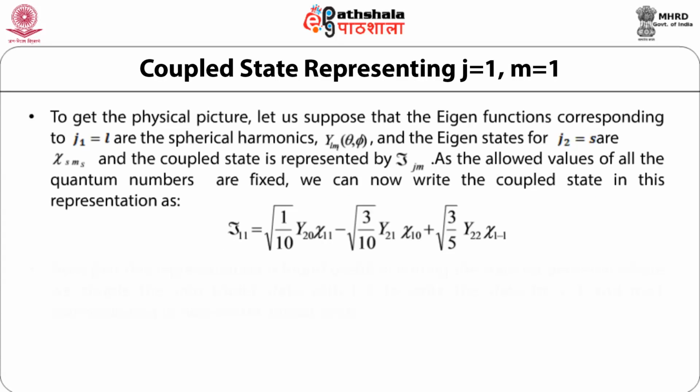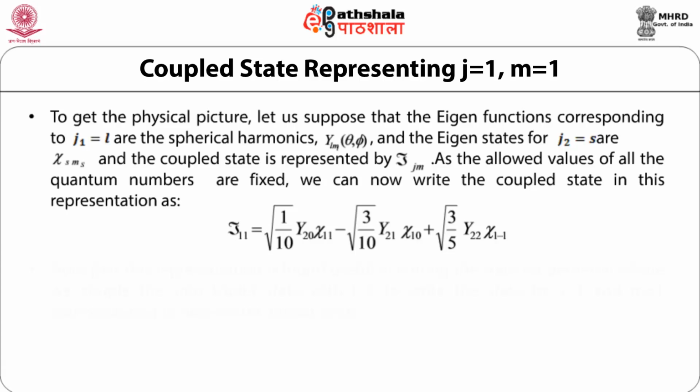Now to get the physical picture of the example that we just discussed above, let us suppose that the eigenfunctions corresponding to J1 equal to L are the spherical harmonics given by Y L, ML as a function of theta and phi, and the eigenstates for J2 equal to S are xi S, ms, and the coupled state is represented by tau J M. Now, as we have seen that the allowed values of all the quantum numbers are fixed, we can write down the coupled state in this representation as the coupled state tau 1 1, that is corresponding to J